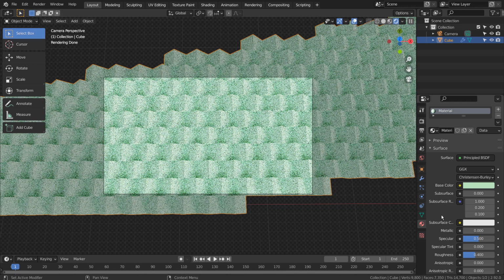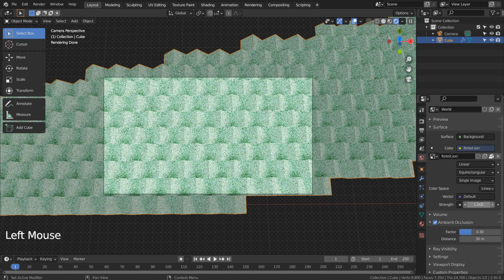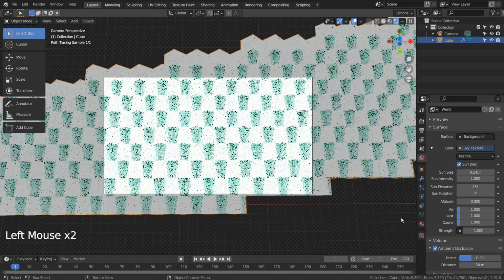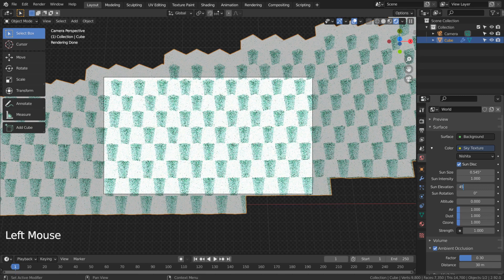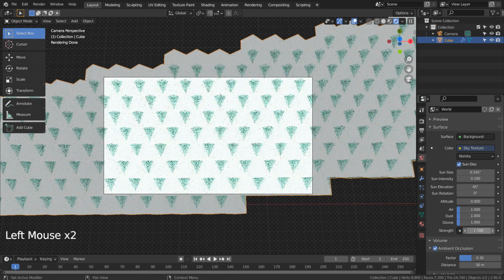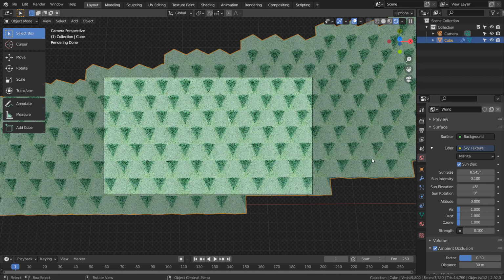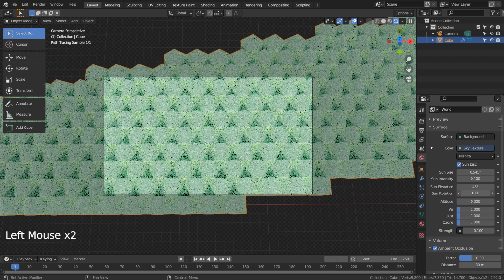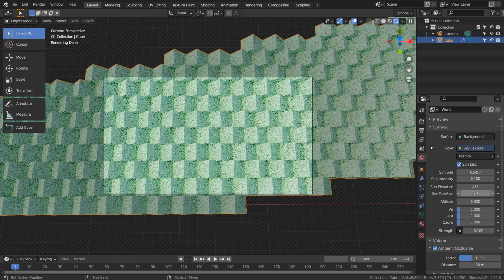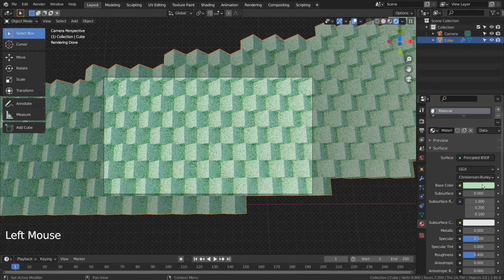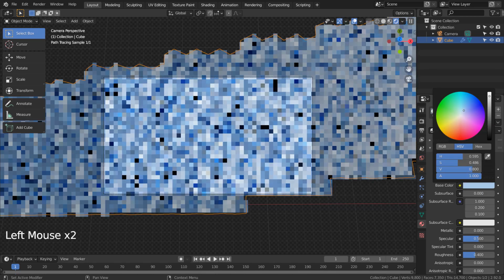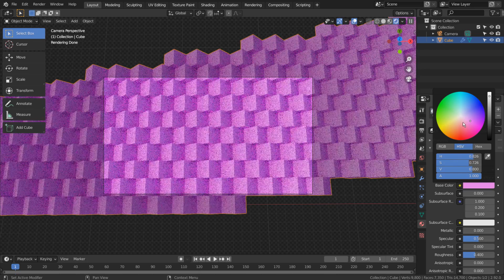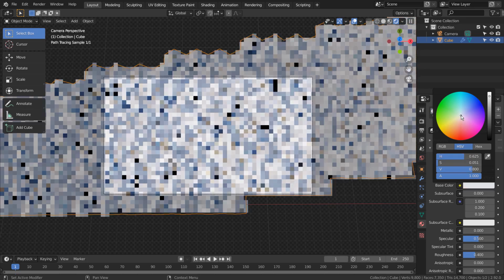I'll use the sky texture. It would be better to add a gradient material.